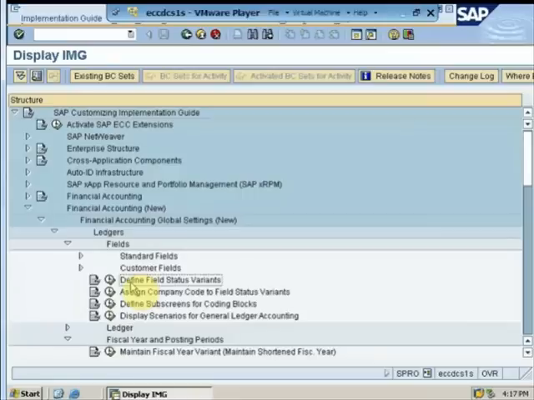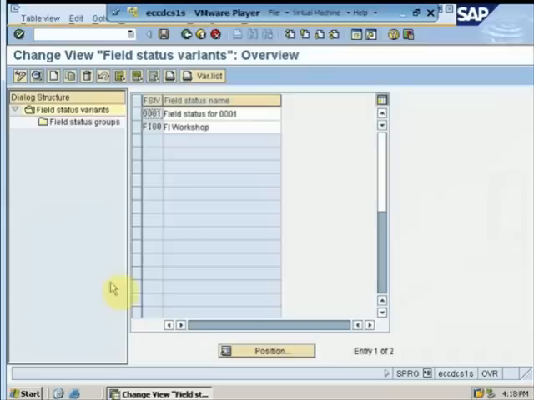And in order to configure all of them, we have to go through 3 properties. Like I said earlier, we have to define it, we have to configure it, and then we have to assign it to a company code. Now since field status is also a variant, by clicking over here, first of all I have to define a variant. As you can see, we have already defined a variant over here with the name of FI workshop. If I want to create a new variant, by clicking over here I can create a new field status variant, or if I want to copy my existing field status variant, I can just select it from here and copy it.